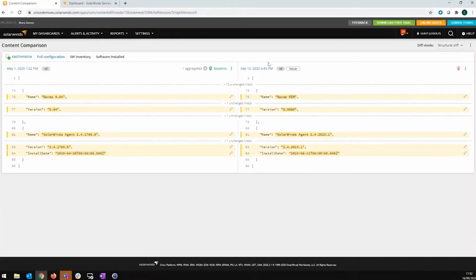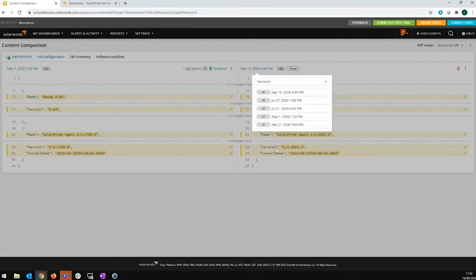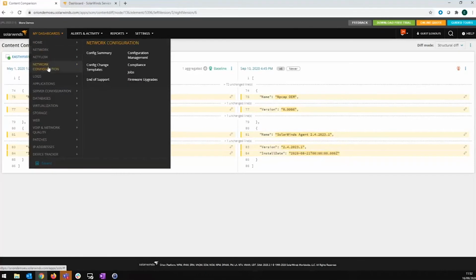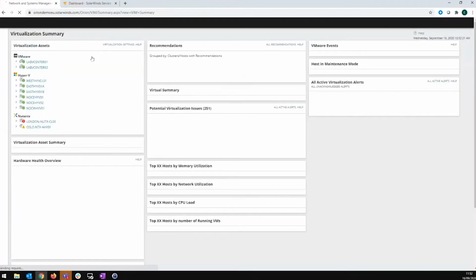But I can quickly compare all the previously downloaded baselines and other configurations between each other and see the specific dates, versions, or specific baseline numbers. So that's what we have, I suppose, from the server and application monitor and server configuration monitor point of view. Now let's go into virtualization. As John mentioned,